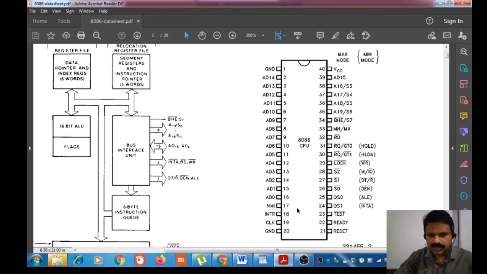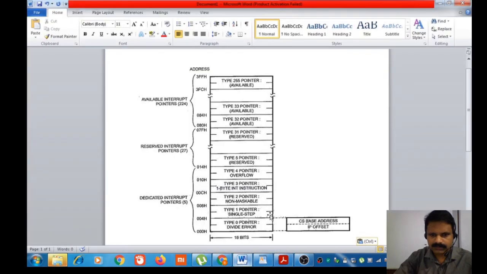Then 8086 uses an interrupt vector table, IVT, to store the vector or address of all interrupt service routines. It uses the first 1024 bytes for this interrupt vector table. Let us see the interrupt vector table of 8086. 4 bytes are used to store the vector of an interrupt.